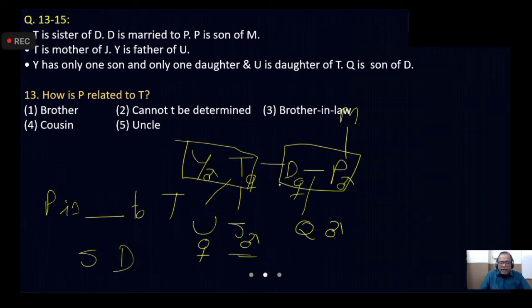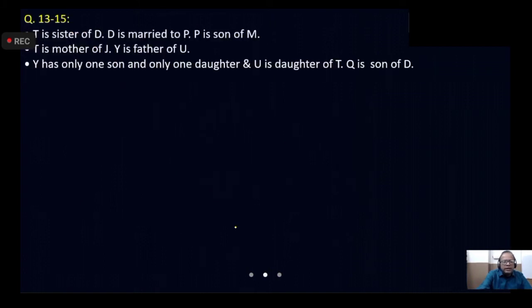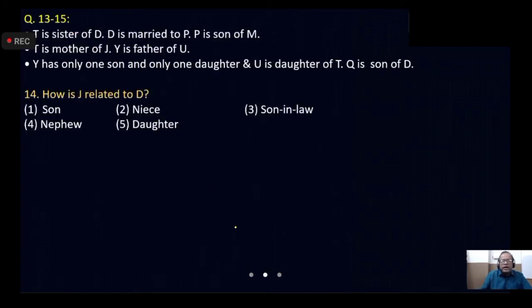So D is J's mother's sister, that means aunt. If you reverse it, if you come from this side, D is there, D has a sister, sister's daughter. Sister's daughter is what? Niece. So always practice these two relations, right? From both the sides. Now as per the question you have to answer it, right? What is the exact question? How J is related? J is dash to D.